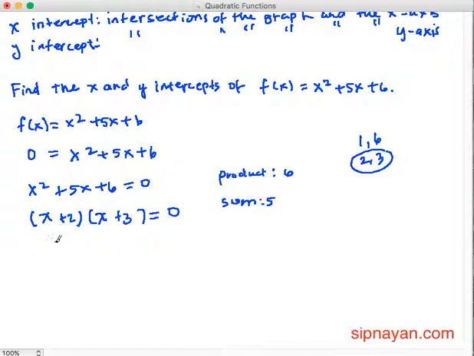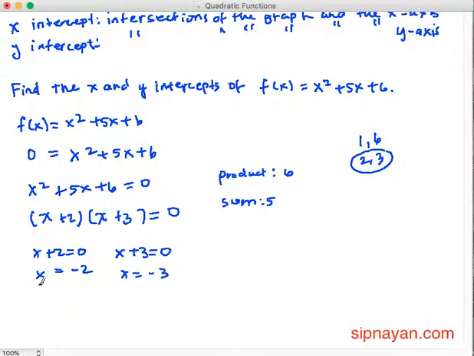So, pag ito ang 0, x plus 2 equals 0. Paano siya magiging 0? We subtract 2 from both sides. It becomes negative 2. So, negative 2 plus 2, 0, times whatever this value is equal to 0. Pwede rin na ito yung 0, di ba? X plus 3 equals 0. Then x equals negative 3. No? So, negative 3 plus 3 is 0 times whatever value here equals 0. Okay? So, ito yung ating